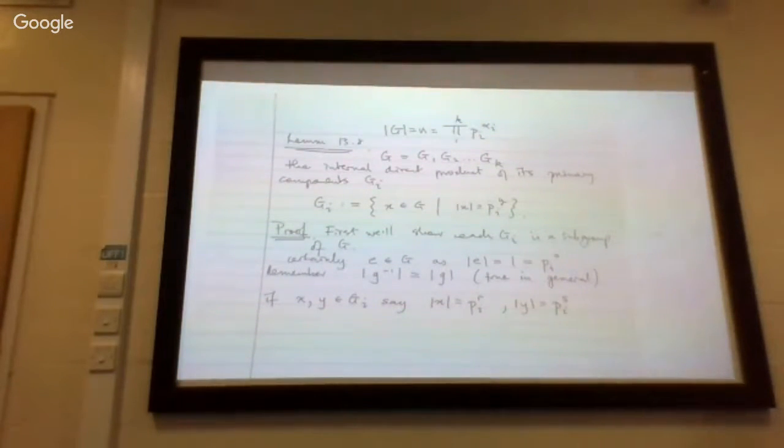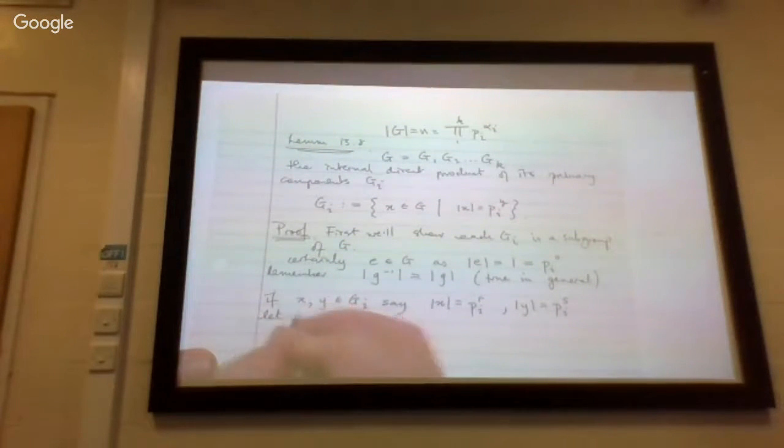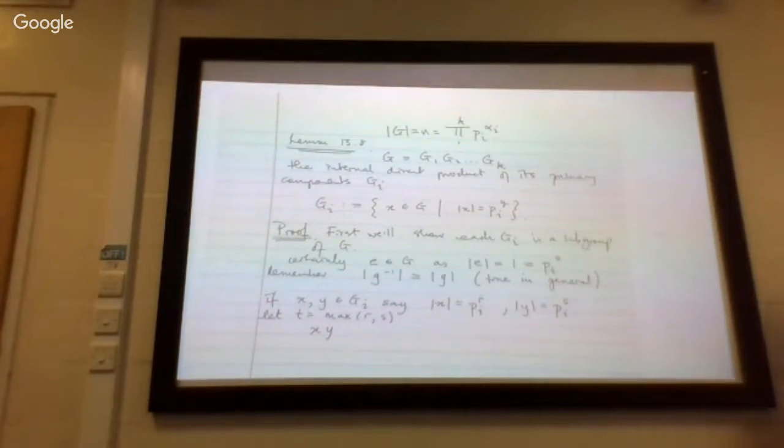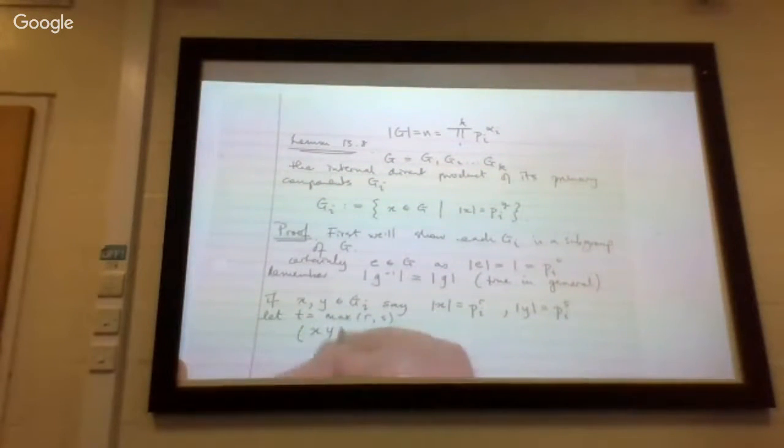But the question here is now, what's the order of x times y? All we need to notice is that if we let t be the maximum of r and s, okay, one of them might be smaller than the other one, just let t be the maximum. Then when you raise xy to the power t,